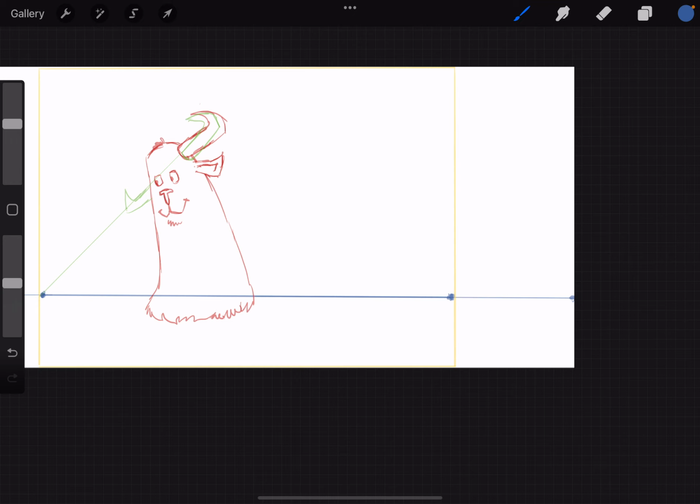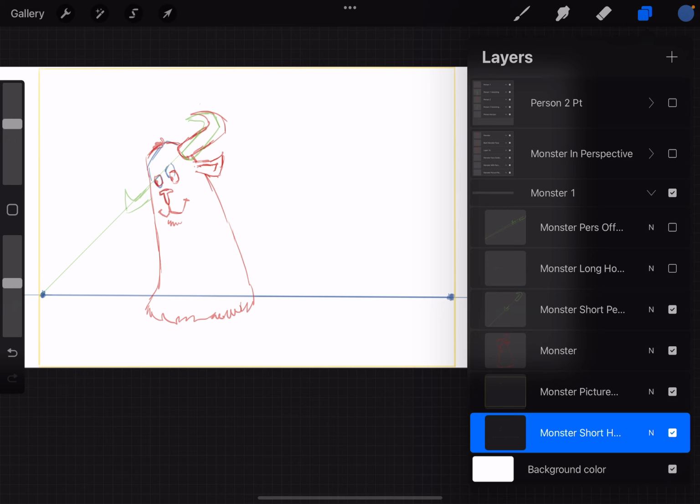Now, I'd probably have to tilt his head over even more. I'd definitely have to shift his eyes more. His eyes would be way over. He just starts to look all wrong, right? If I use the vanishing point that I first created, which is inside the picture plane. So this brings me to how, when you're doing perspective, a lot of the time, your vanishing point is off of the picture plane. Meaning,